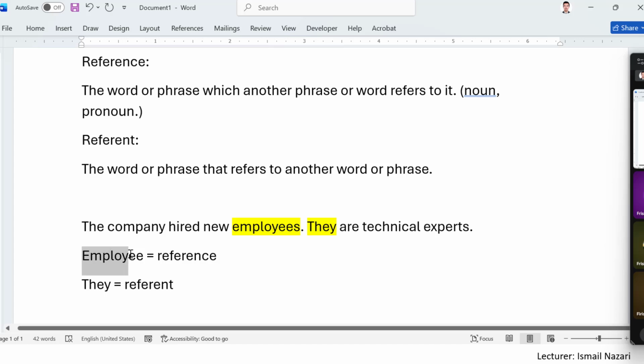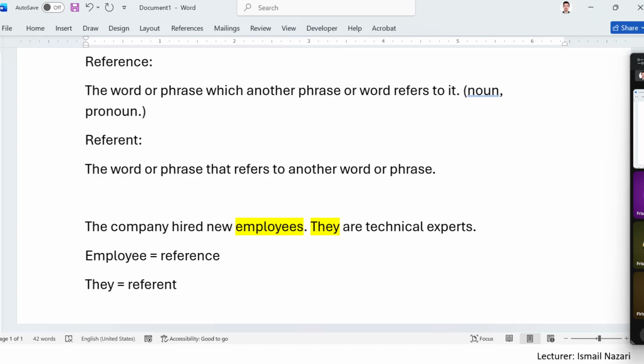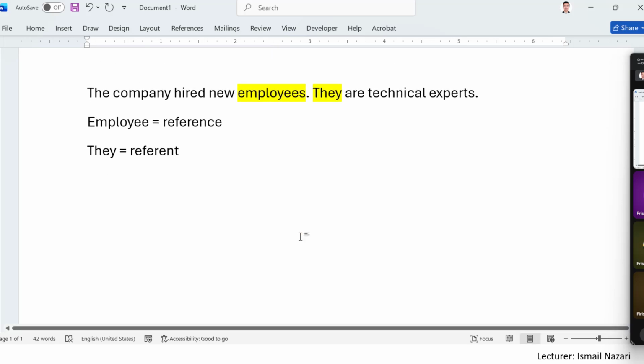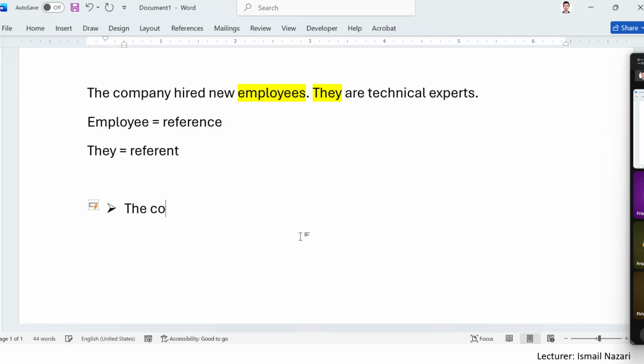That's called reference. When it is in the active or subject case, it refers to something. We call that word the referent, as we have here. It happens repeatedly inside passages. One more example. Let's see. For example, I may say, the computer technician